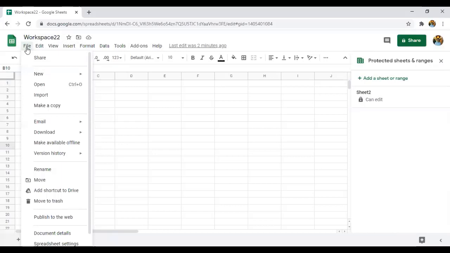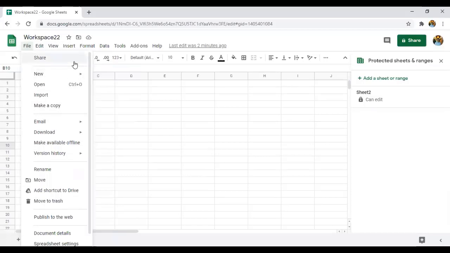If you click on file, you can see there are various options, or functions, present to do in the sheet. For example, share, new, open, import, make a copy, email, download, make available offline, history, rename, and so on. One by one I'm going to tell you how you can execute it.